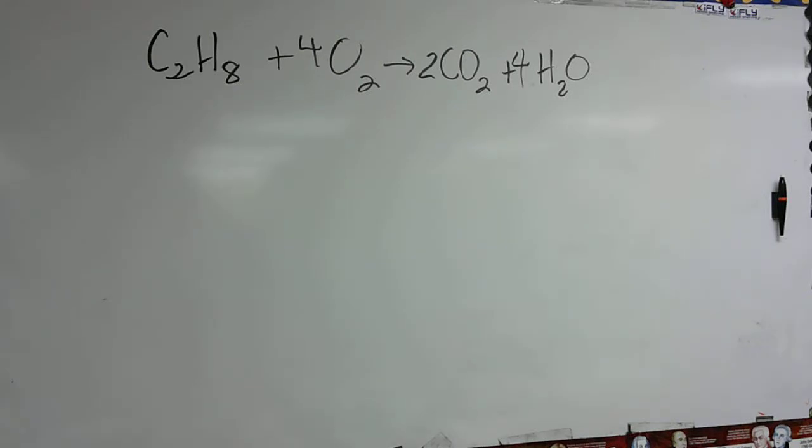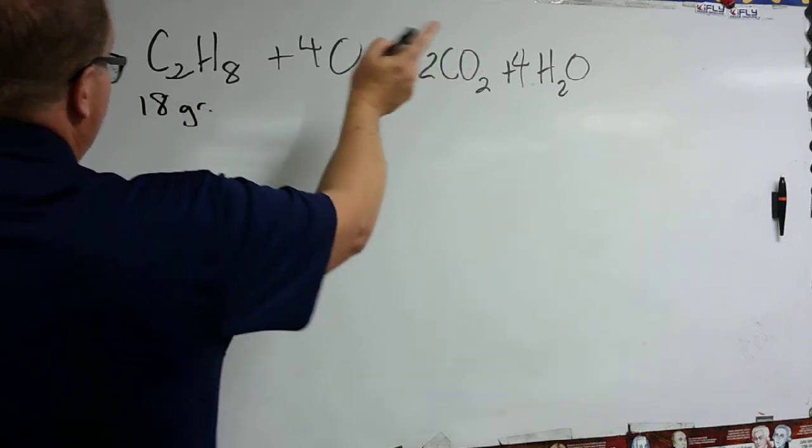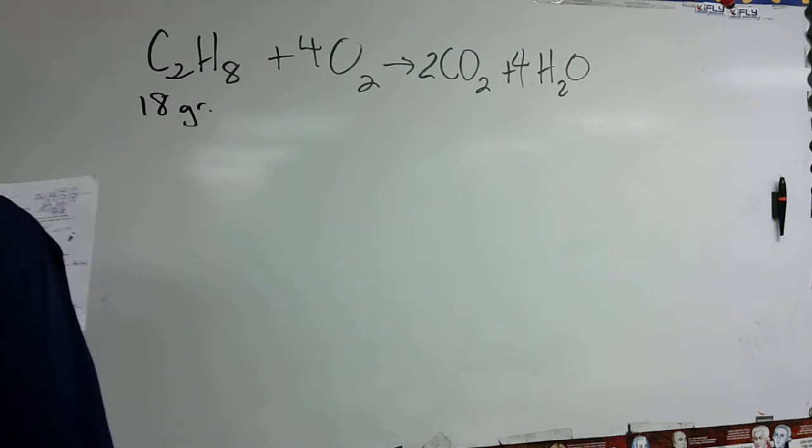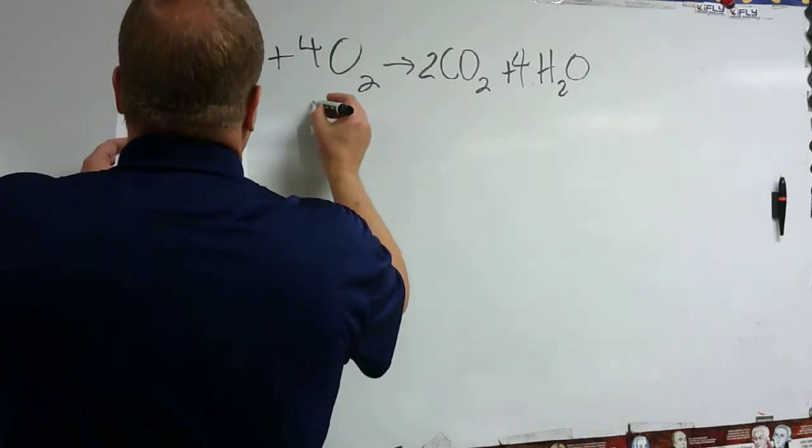Okay, these problems are going to be for the mixed molarity, ideal gas law, and stoichiometry. Again, molarity, ideal gas law, and stoichiometry. So if you look at number one, if you put in your givens, we have 18 grams of ethane. We know it's not oxygen, carbon dioxide, or water. And we also have these factors for my oxygen,